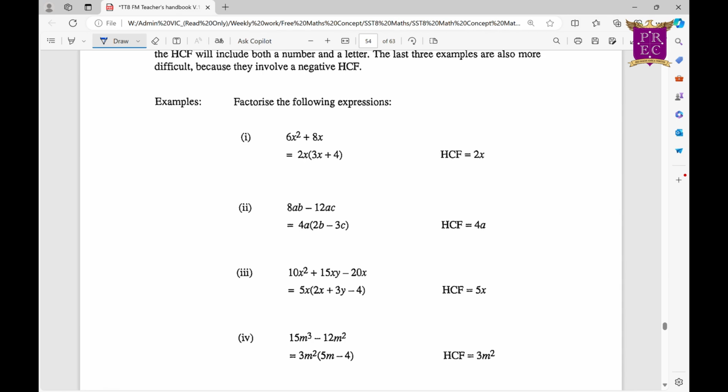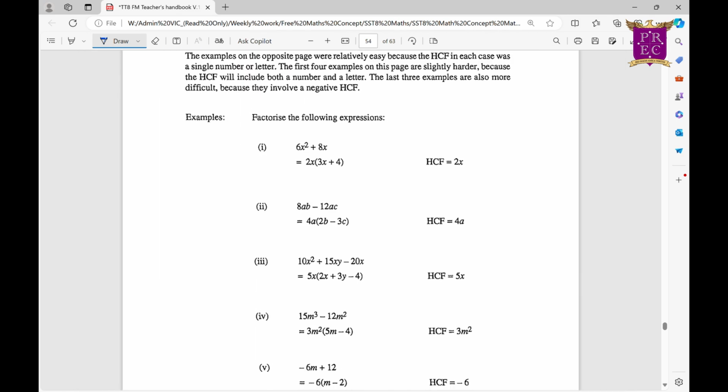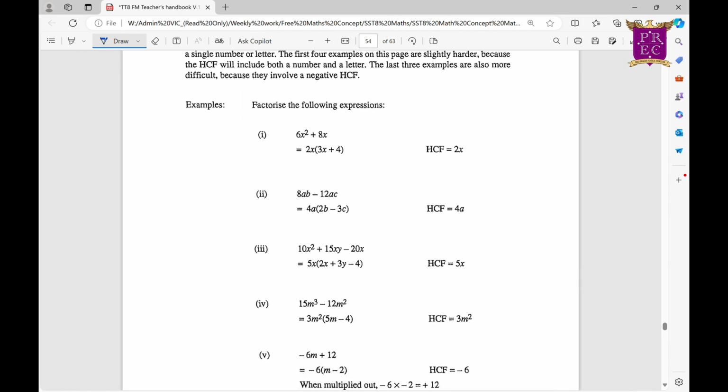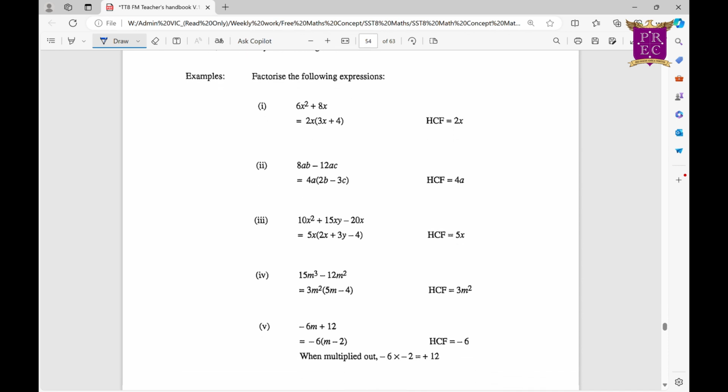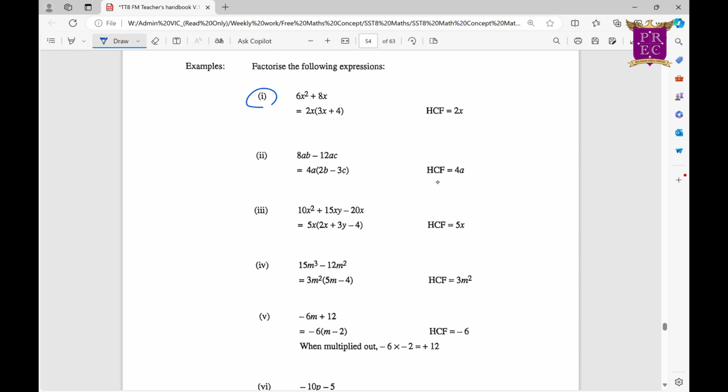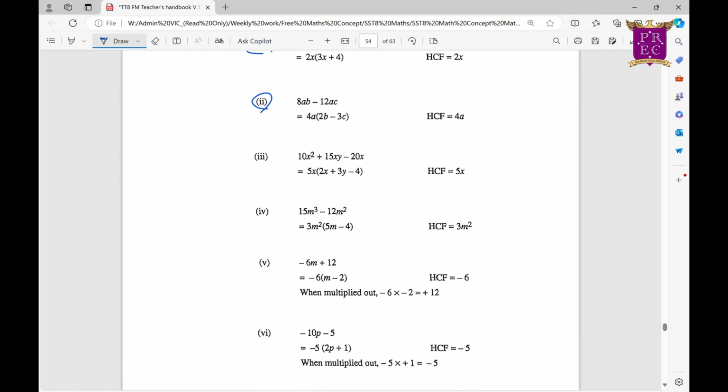Okay, so you also should note that not only can highest common factors be pronumerals, sometimes they can include both a number and a pronumeral. So for example, in question example 1, you can see that the highest common factor is 2 and it's an x. And if we just go through